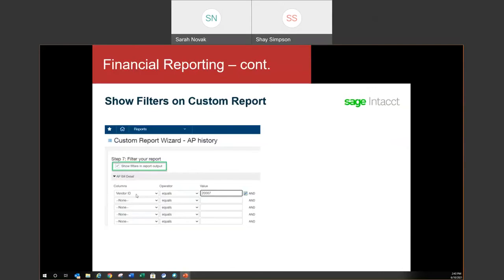So for example, we were filtering our vendor ID on 20007. When we run that custom report, it is now going to show us this AP history report is filtered on vendor 20007. Again, this is huge because so many times as a consultant, I would create a custom report